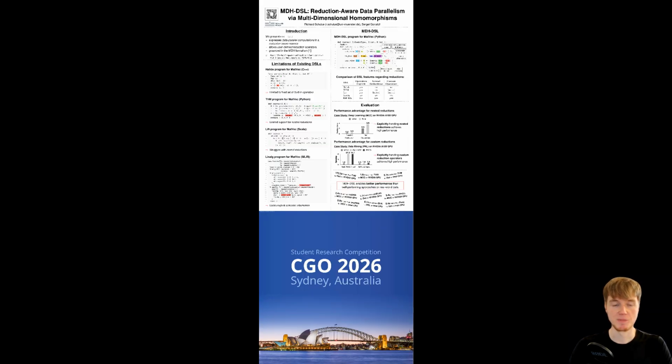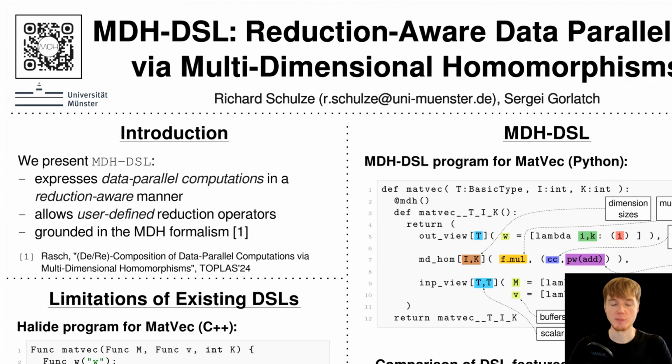to Mdh-Dsl. So as a quick overview, Mdh-Dsl expresses data parallel computations in a reduction-aware manner. It allows user-defined reduction operators, and it is grounded in the MDH formalism, so it has a strong theoretical background. And you can find out more about MDH on our website that's accessible via the QR code on the top